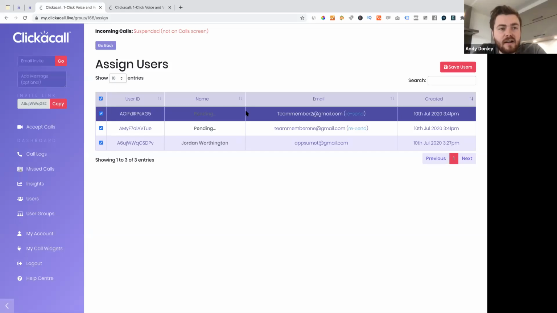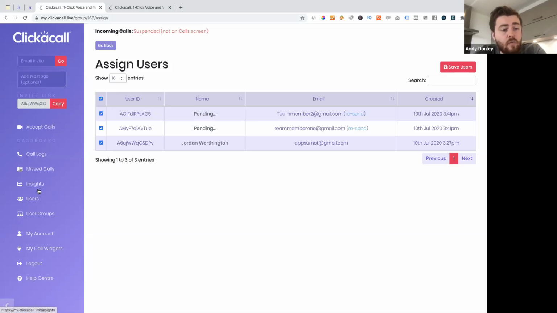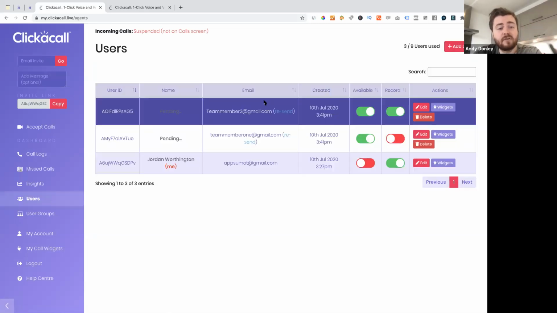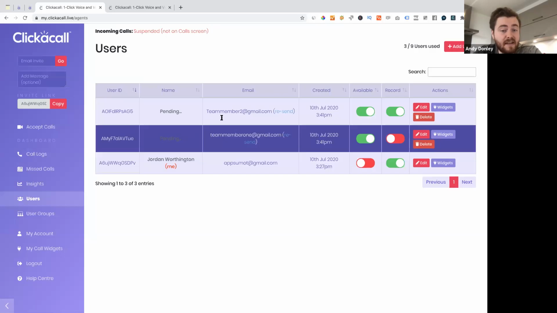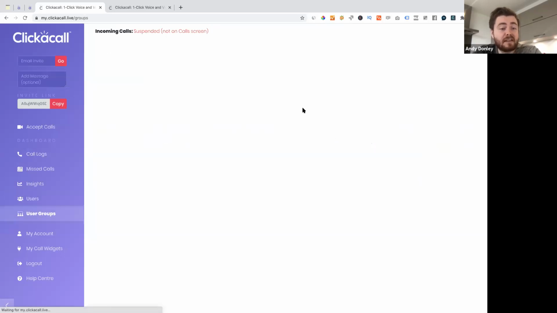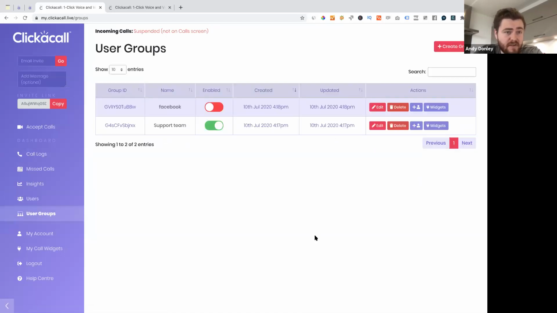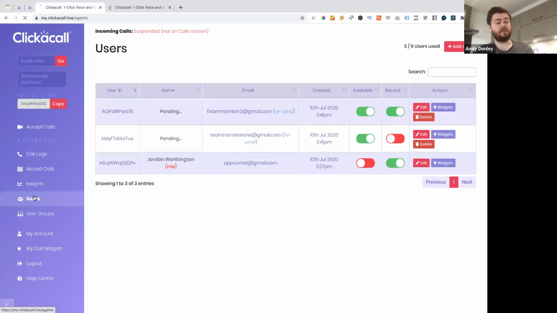So calls are unlimited. Users can make as many calls as they like. The only thing that we cap is the number of users inside of the account. So when we say we cap the number of users, you can have 3 team members in here, say, and you could make 1,000 user group links if you wanted to and embed them all over the place. But where those calls can be routed is only to those 3 agent